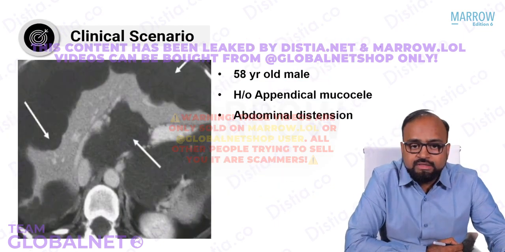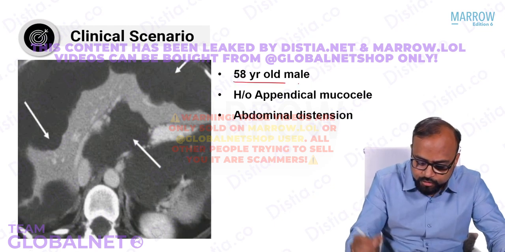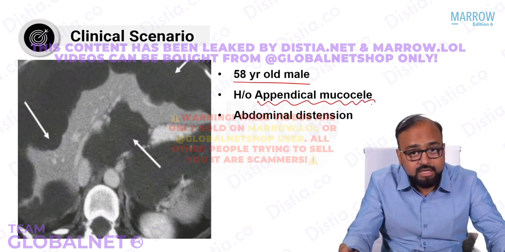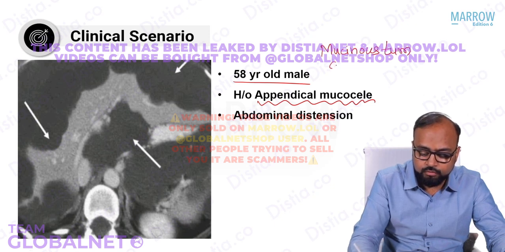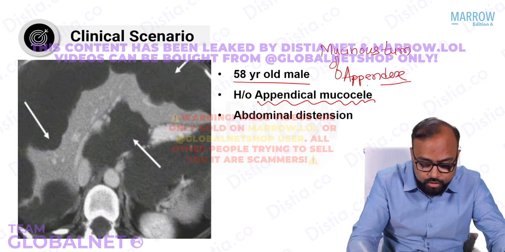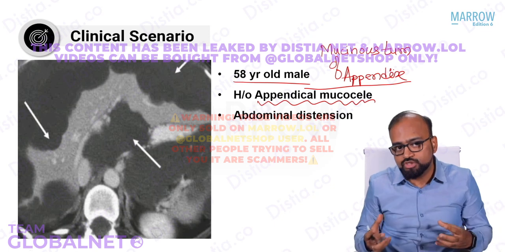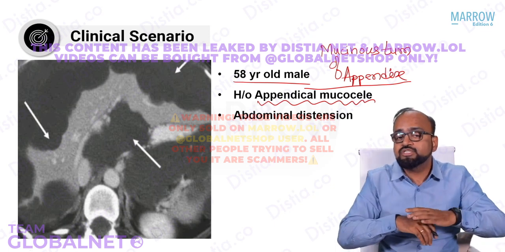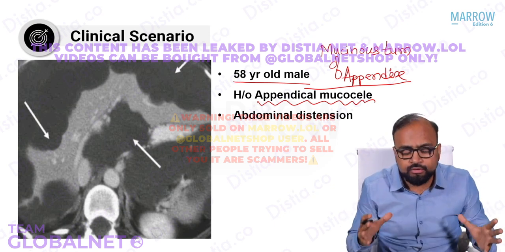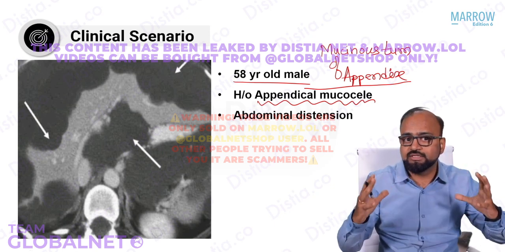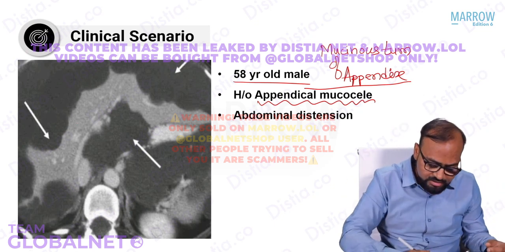Okay. Now look at this very specific history. 58-year-old male, history of appendiceal mucocele, which means that this patient might have a mucinous tumor of the appendix. These mucinous tumors, if they are malignant, may entirely spread to the peritoneal cavity, fill up the peritoneal cavity. So the entire peritoneal cavity is filled up with thick gelatinous mucinous ascites, and see what has happened to the